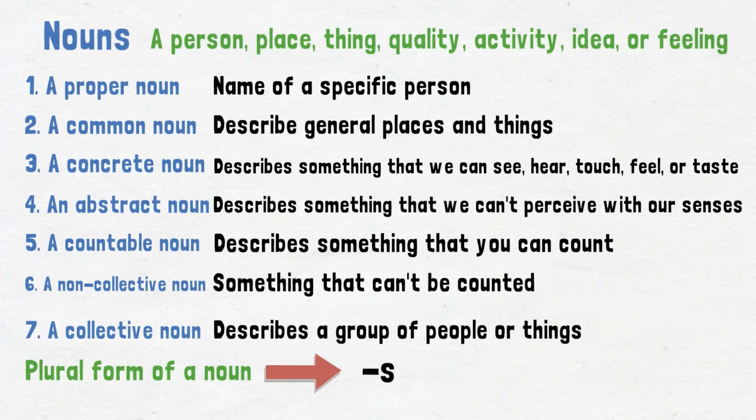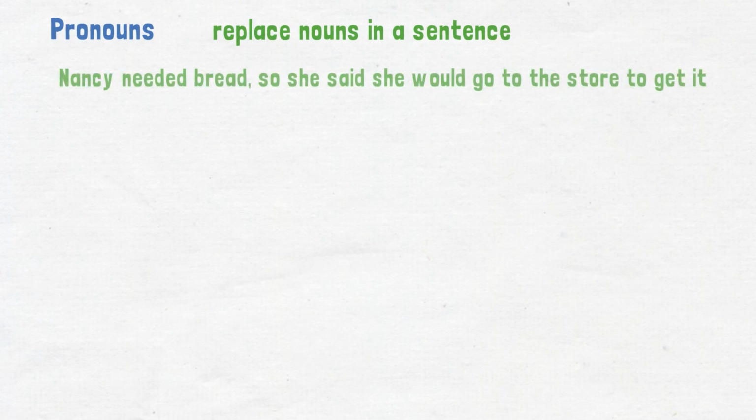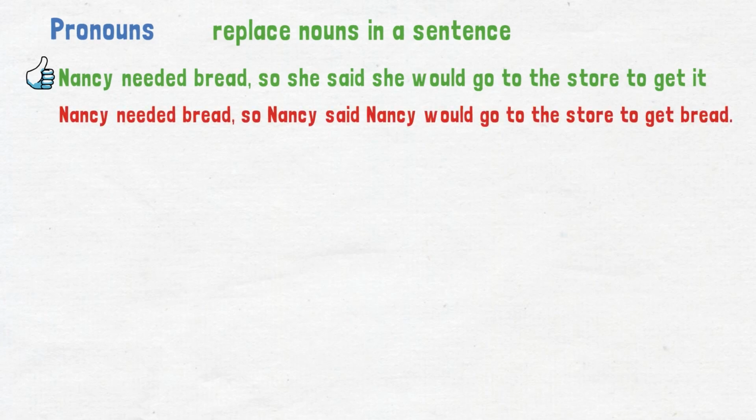Second part. Pronouns. Pronouns replace nouns in a sentence. It's a good idea to use pronouns at times to help avoid repetitiveness in your writing. For example, the sentence Nancy needed bread, so she said she would go to the store to get it contains 3 pronouns, 2 uses of she and 1 use of it. That sentence is a lot less awkward than Nancy needed bread, so Nancy said Nancy would go to the store